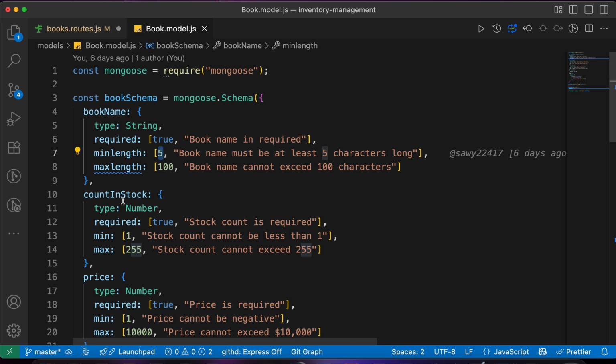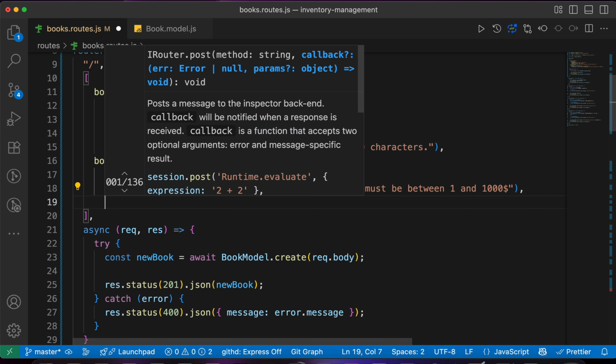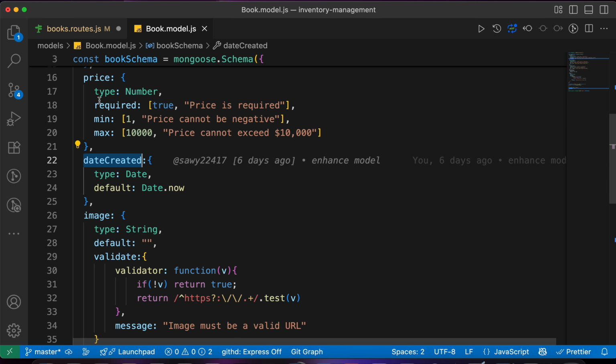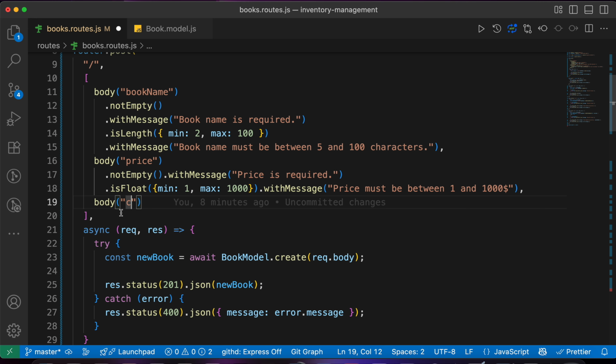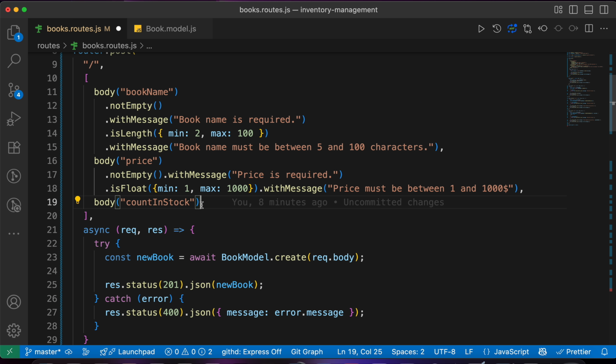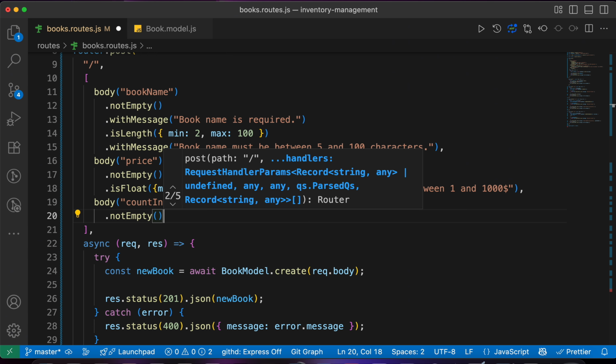Now we also have count in stock and the image. So let's add a comma here and add body, and let's add count in stock. You have to make sure that this key must be the same key here. So you cannot add, for example, it like this, or count stock like this. No, you have to put the same key as in the book model schema, okay? Now the count in stock is gonna be not empty as well, with message